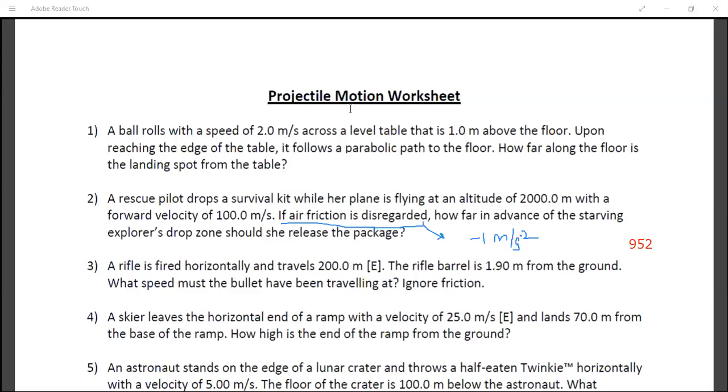You are getting 866. Now the horizontal velocity is not 100 meters per second, but there is an angle of 30 degrees between the velocity of 100 meters per second and the horizontal. By drawing a diagram, we can get that the horizontal velocity will be equal to the velocity, which is 100 meters per second, times cos of 30 degrees, which becomes 50 root 3 by 2. Now we've got the horizontal velocity. So 50 root 3 by 2 into the time, which is 20 seconds, will be 500 root 3, which is approximately equal to 866 meters.